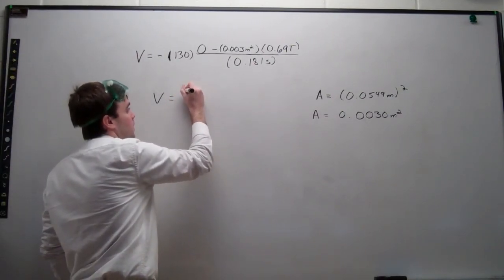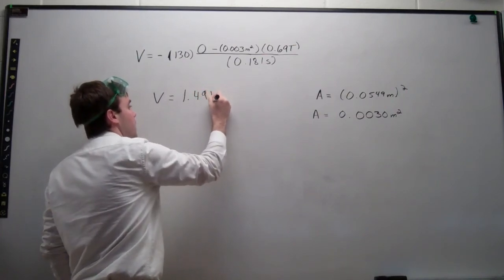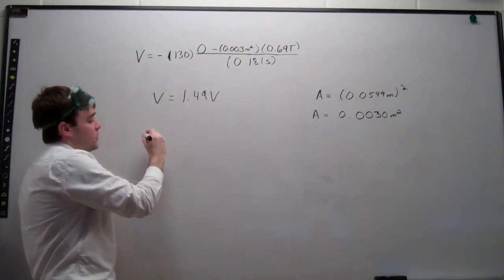So we get 1.49. Okay. So now we just use V equals IR